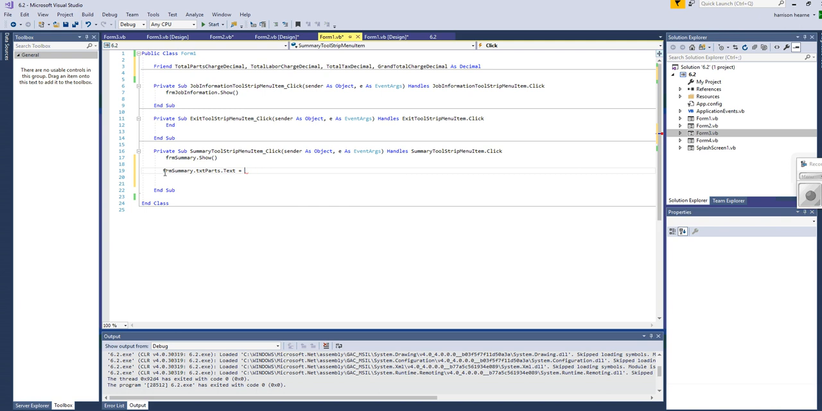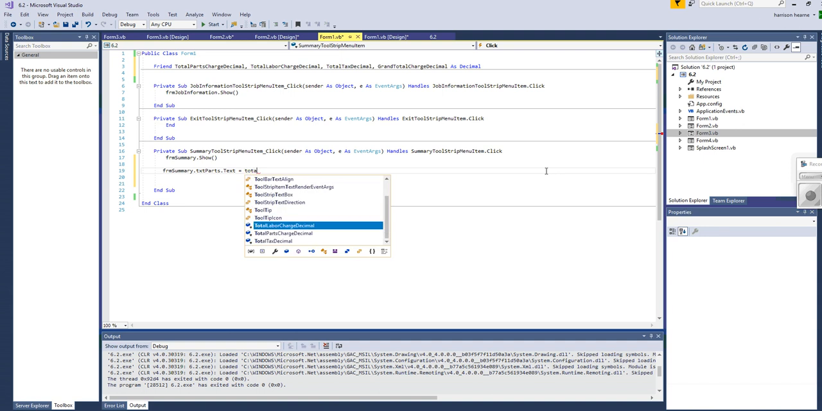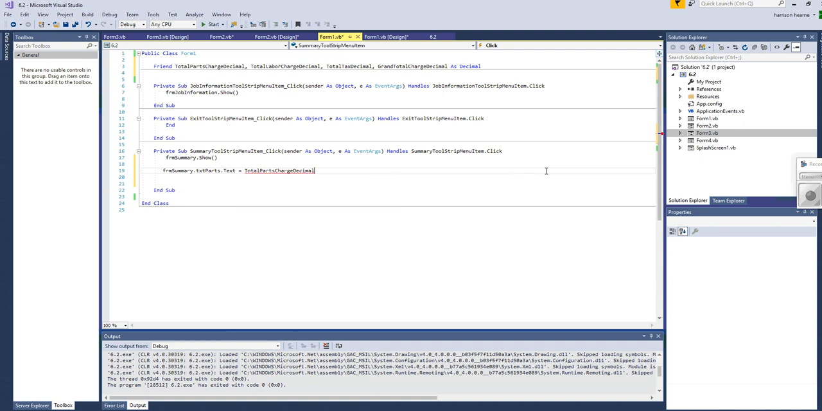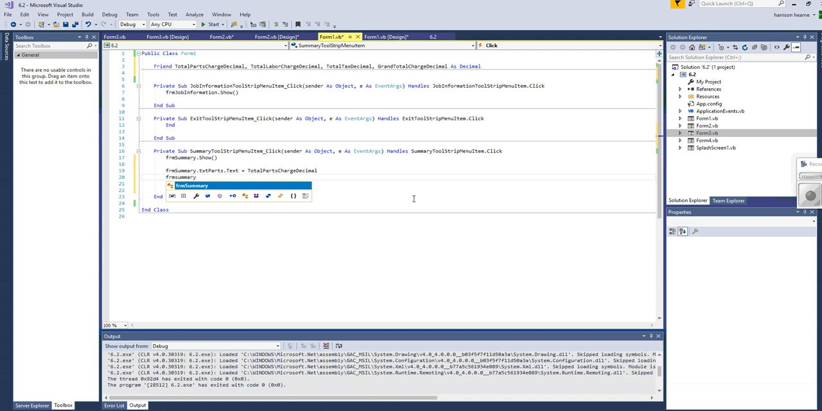Oh, because we're on form 1 right now. Silly. So form summary just equals total parts decimal charge. I'm on form 1, so I don't have to call for form 1. I could have actually done me dot there, I believe. Okay, then form summary dot, let's go with total labor dot txt. If you recall, I have that on there. Txt labor dot text equals total labor decimal